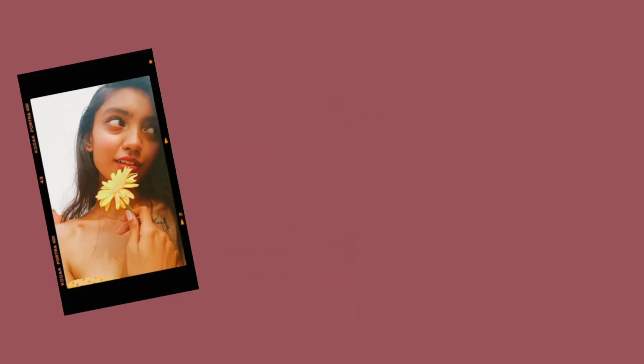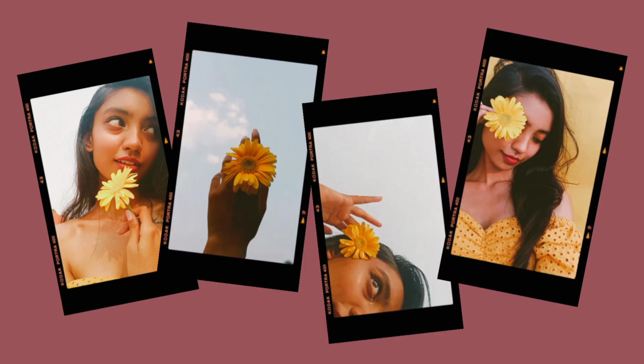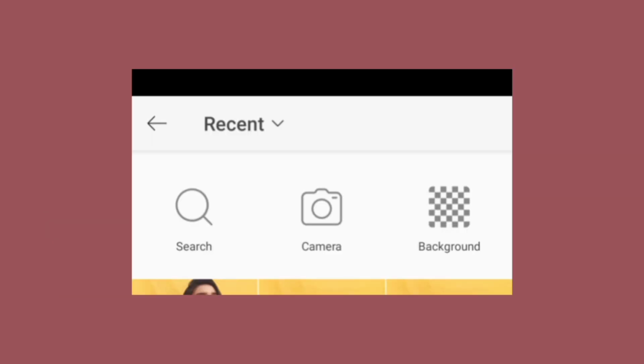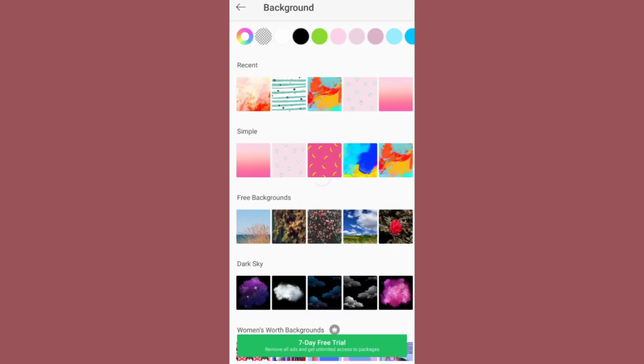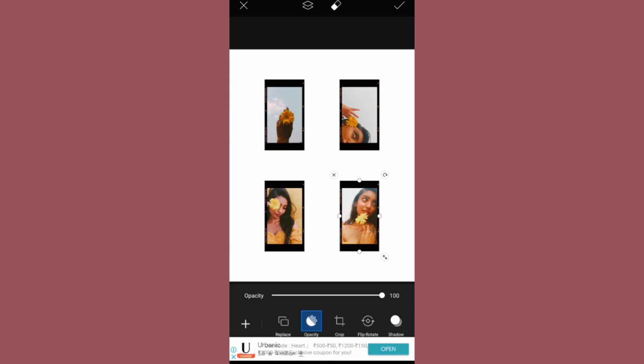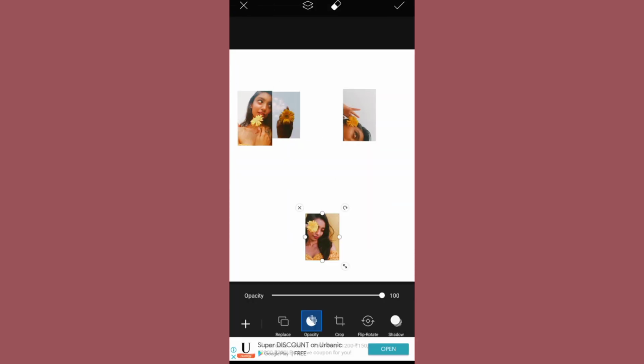For the next picture idea, just click some random pictures with the flower with any Instagram filter, and then open PicsArt and go to the background option. Select any color. I am selecting the white. Then crop this picture in the size of the Instagram ratio, and then go to the add photo option and add the pictures you want to add,